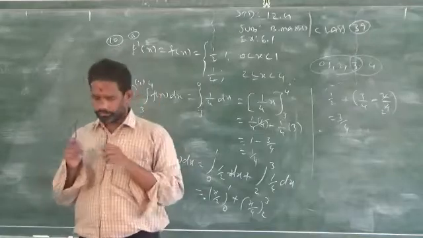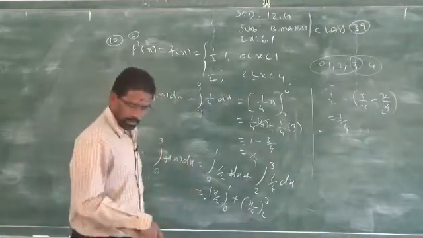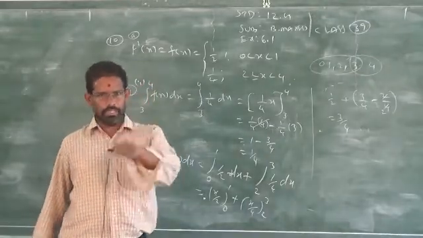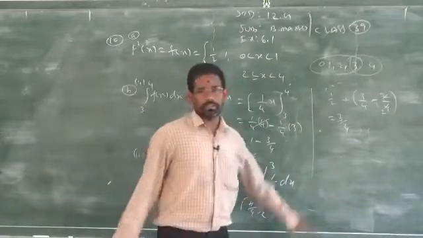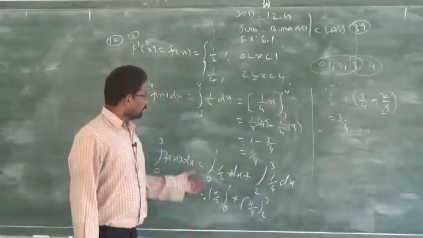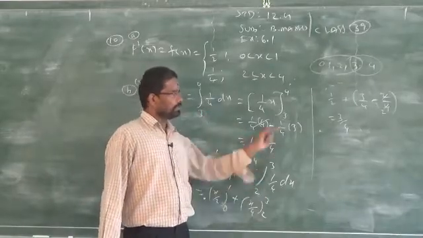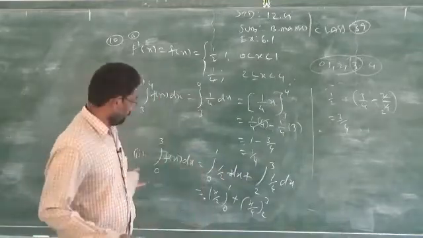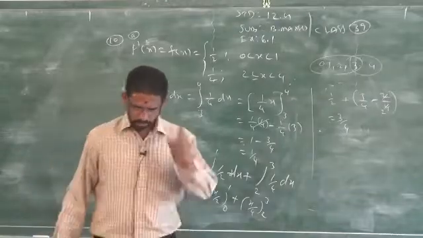2 power, what will come? 2 power 4, that is 16 will come. Clear? In sum number 8, I missed the power 4. So, be careful and rectify your mistakes. Do not copy what is written on the board as it is. Clear? I can do the integration properly, but I can deliberately make mistakes by replacing the limits. So, be careful, do not simply copy from the board. The mistakes I made in sum number 8, be careful.